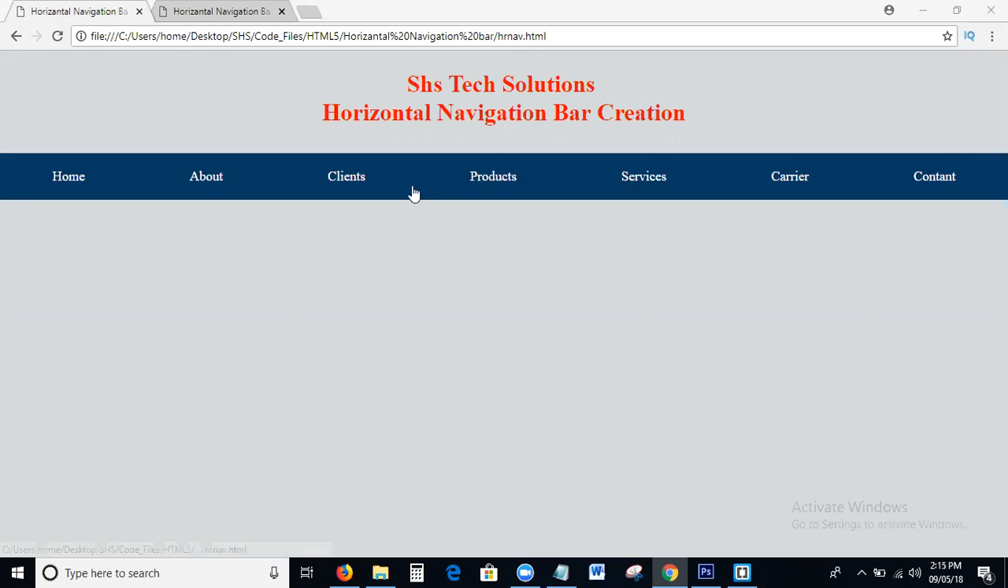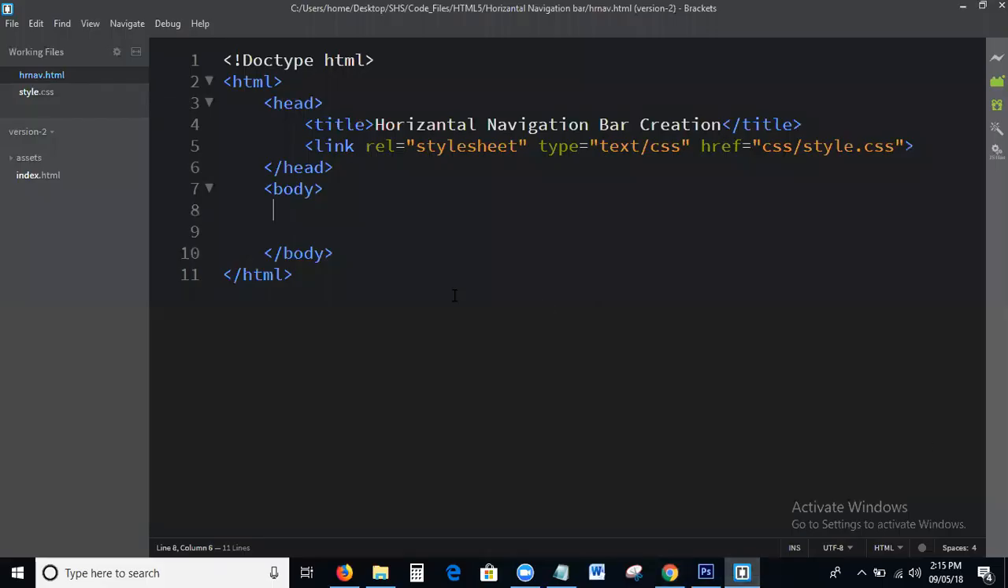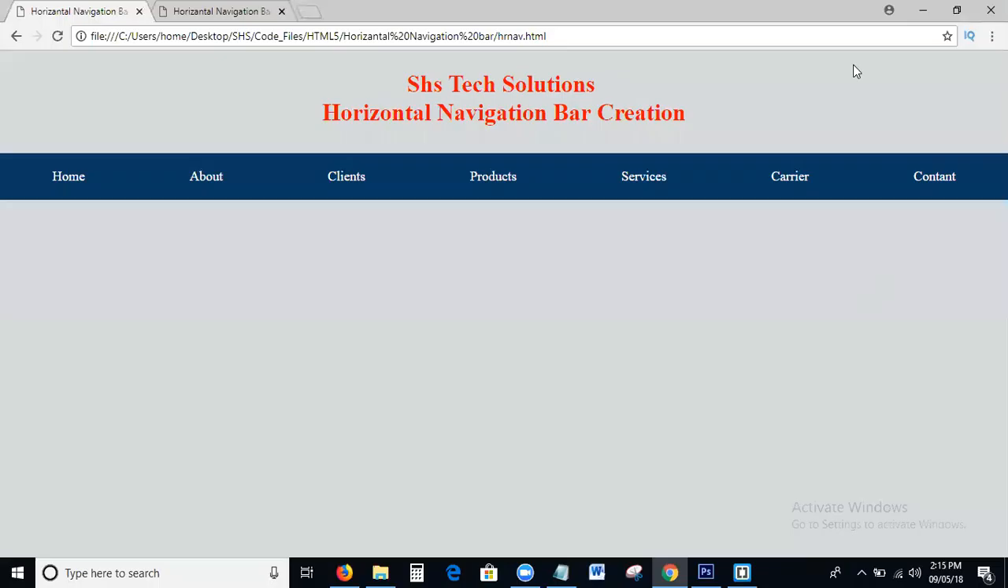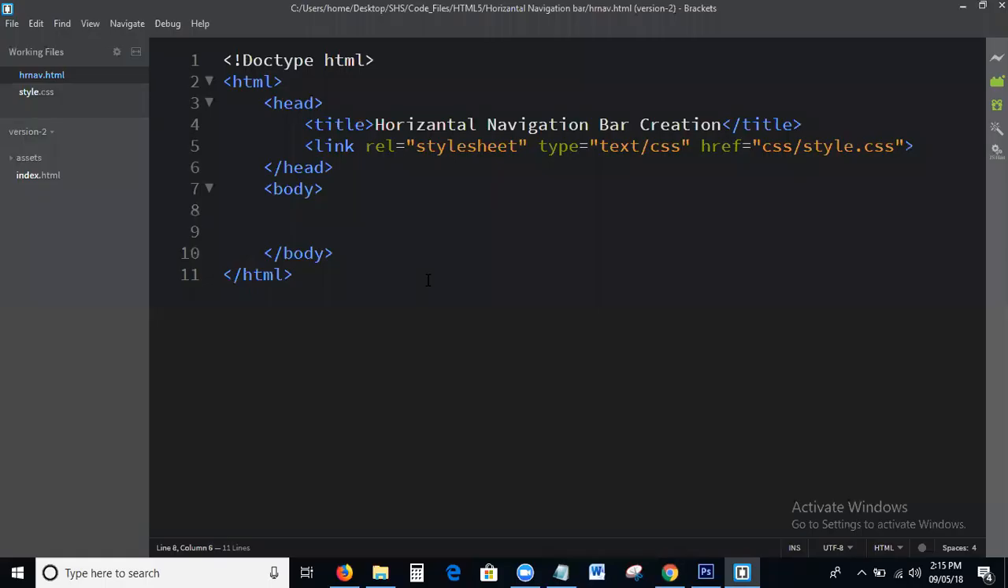I'm going to coding. This is the basic HTML structure, which all of you know. This is the output. I only write the title, horizontal navigation bar. Next I write the